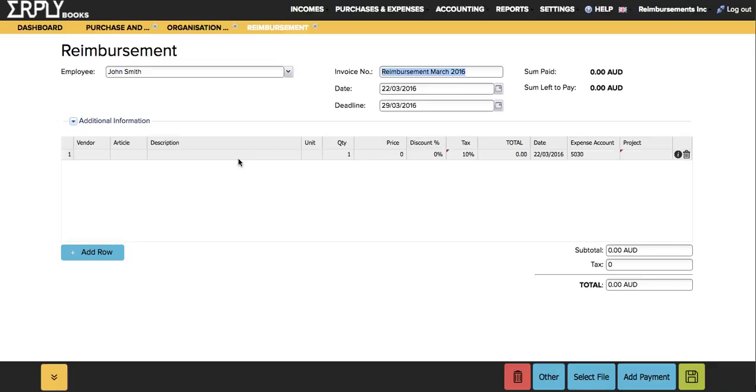Let's say that John Smith sent me, an accountant, a bus ticket that he bought yesterday with his own cash. So the company needs to pay him. Let's say the bus ticket was $20, so the company has to pay him $20. If you need to track the vendors for the reason of seeing the tax reports or anything, then you can add it here. But the bus company doesn't have much effect in this company. So here I can just select that it's transportation, and here it is